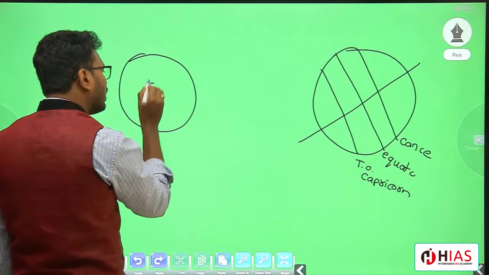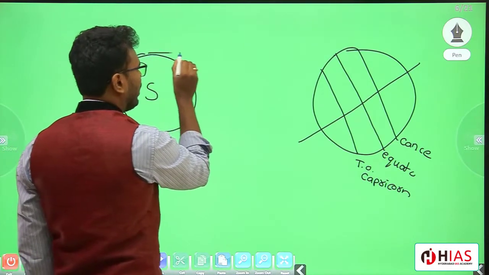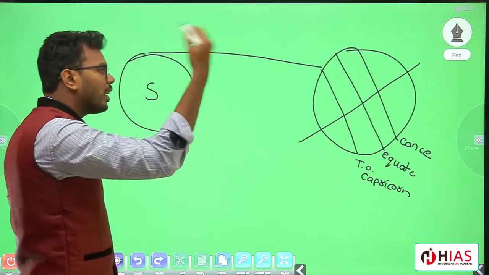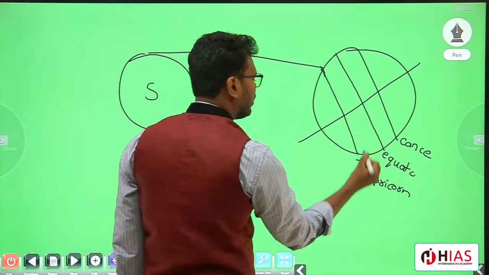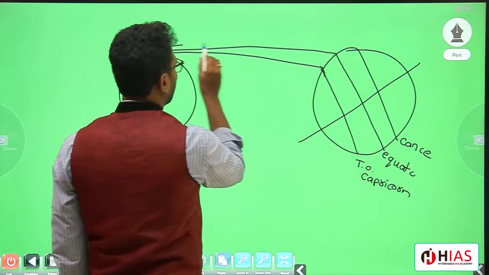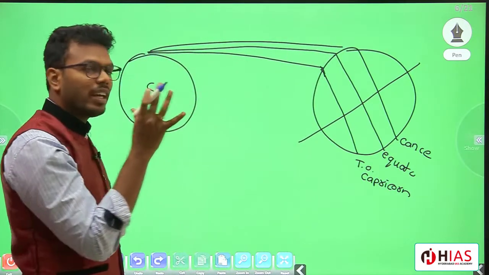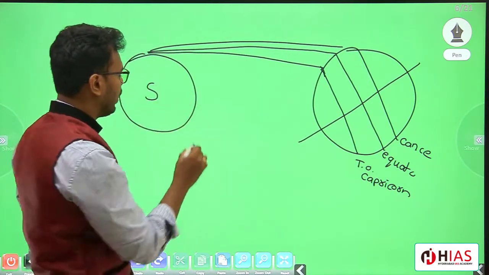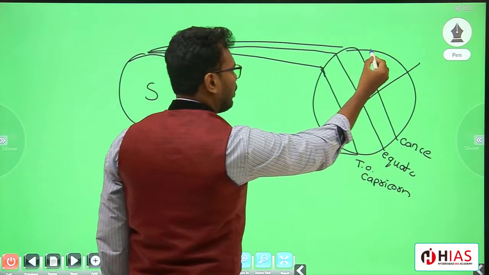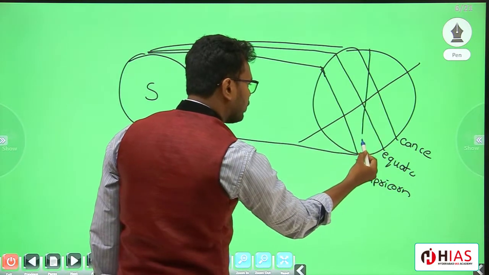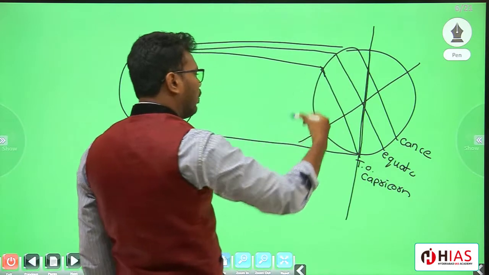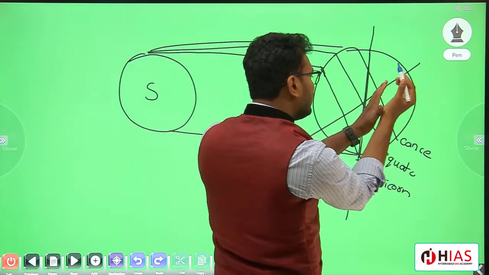When the sun releases its light, the place where the sunlight is at its highest peak is this point, that is nothing but the Tropic of Capricorn. Here also the sunlight is able to fall, but the intensity of the sunlight is very, very less over here. Up to here, the intensity of the sunlight will be more. Up to this point the sunlight will be present, and at this point there is completely darkness.